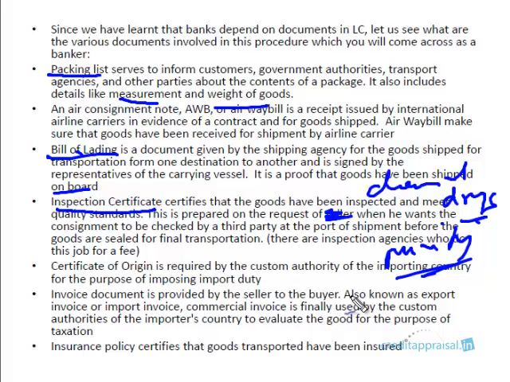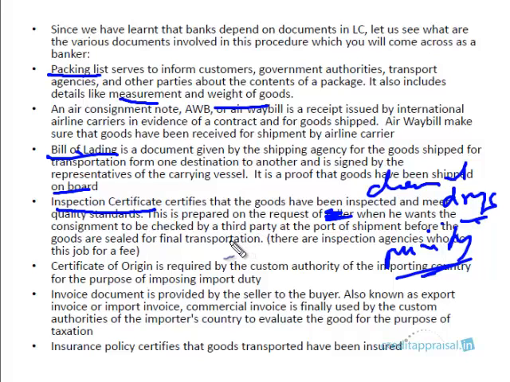Now again, once the shipment is done and it's not as per specification when we test it in our laboratory, returning the goods is all a headache. So sometimes, in situations where we are very particular about the quality of the shipment, we can ask the seller to arrange for something called an inspection certificate.